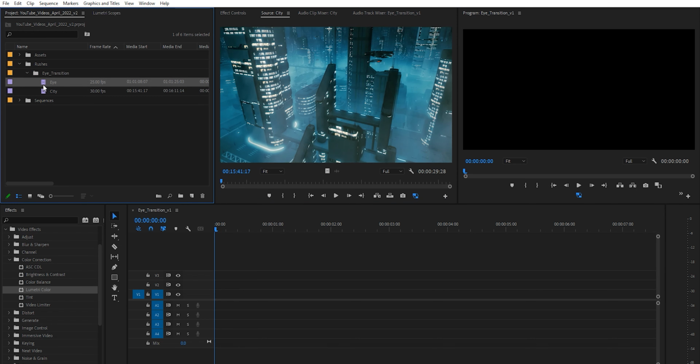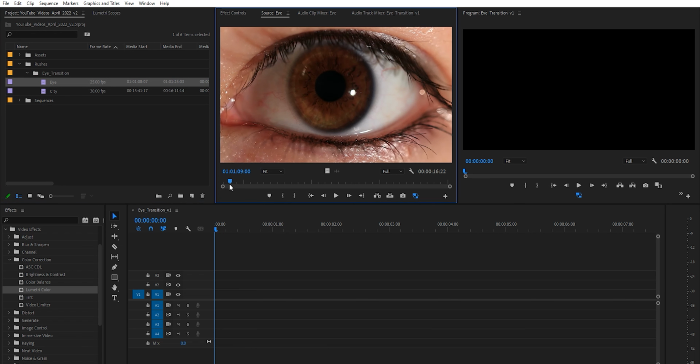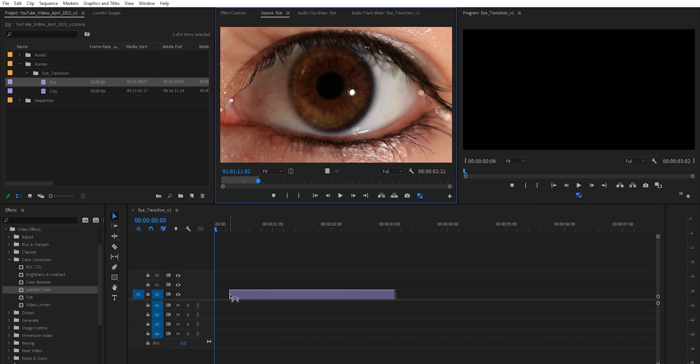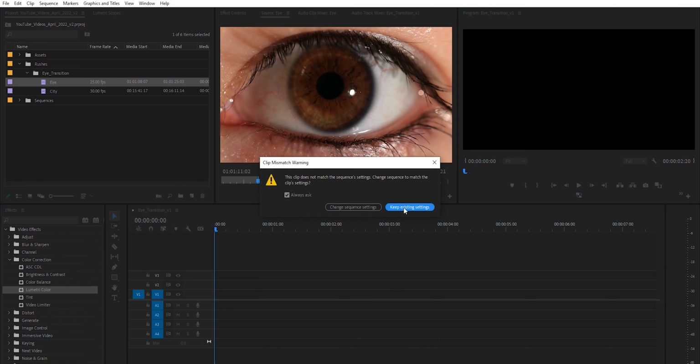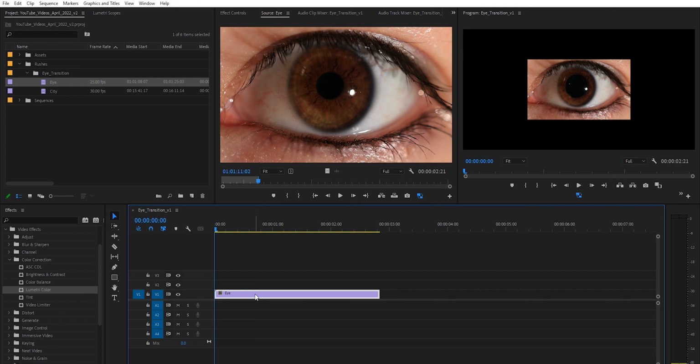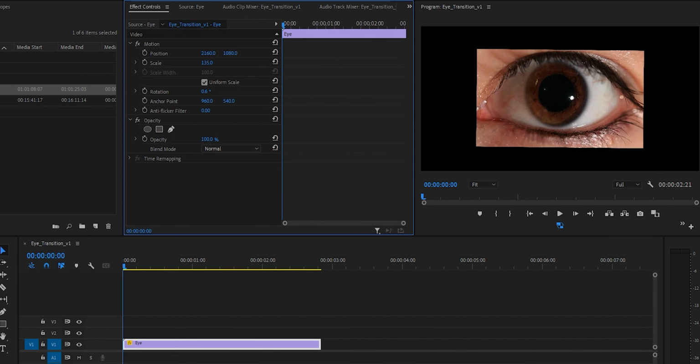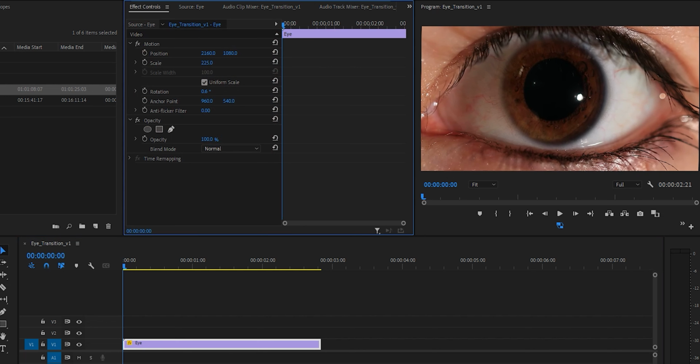So the first thing we're going to do is choose which part of the eye we want to use. And I really like this bit of the pupil changing shape. So I'm going to use that and I'm going to cut out just before it starts to blink there. So around there, we'll mark an out and we'll drag this and put it onto our sequence. We'll keep the existing settings. Then we're just going to simply scale this eye up so that it matches our sequence to about 225 should